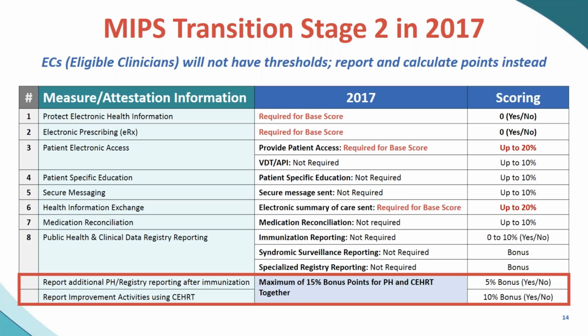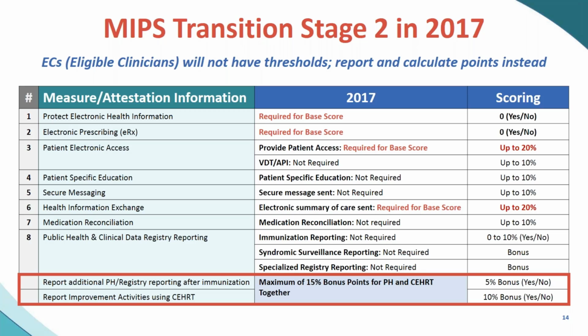The fourth area, and this one I really need to point out to you because I think many of you have been using the exclusion on this measure: the health information exchange measure, or the referral of care, doing an electronic referral of your CCD document, is no longer an exclusion. You must be showing at least one patient record has been pushed electronically to meet the required base score. Note, on that measure you get double credit.